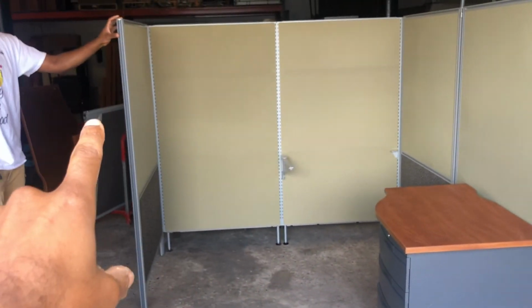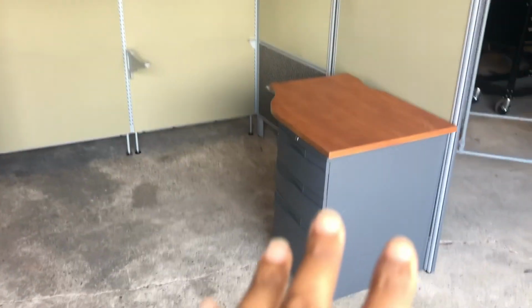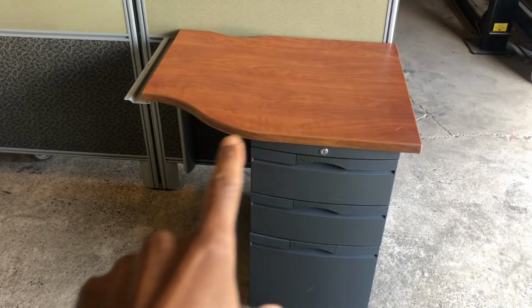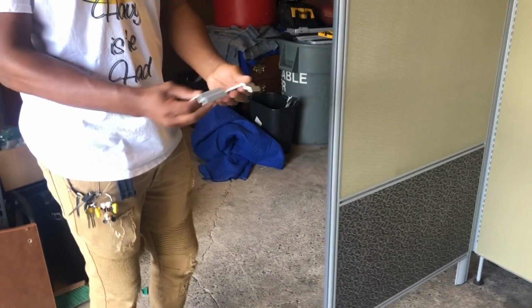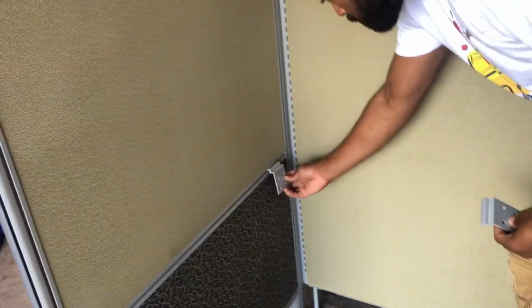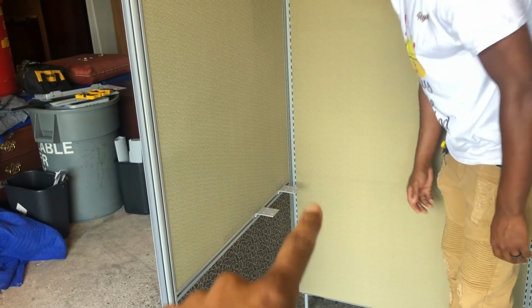Alternate way to do this panel over here. We already connected it the same way with the plastic. We left this here holding up, it's the bracket, the same thing we just left off, holding up the desktop here. So we have that bracket, the corner bracket, the middle L bracket. Now he's gonna show us the other way to put this end on with these two brackets. You just hang them on there. These are how this really goes when you have a panel here. They just lift up once you put the L desk back on top, which he's gonna do,